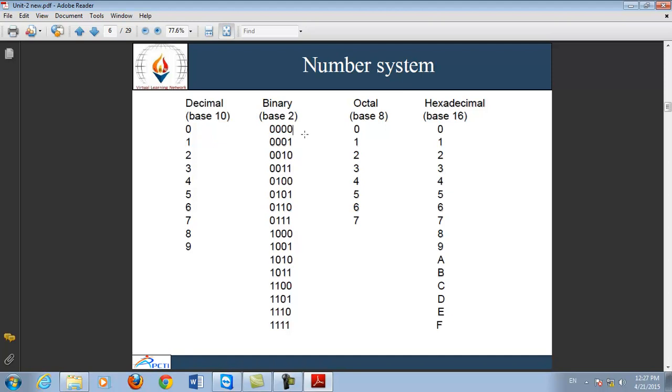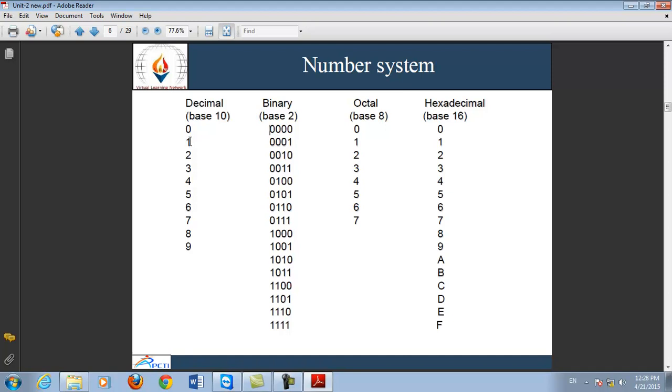You can present the number in 4 bits, in 8 bits, in 16 bits and so on. It means the number will always be represented in 2 raised to power values. 2 raised to power 2, that is 4, means 4-bit representation. 2 raised to power 3 means 8-bit representation. In 8-bit representation, 4 more zeros will be placed on the left side of this number.